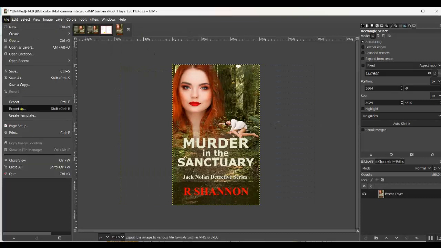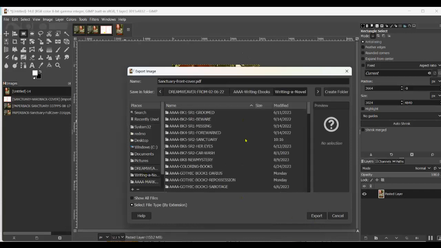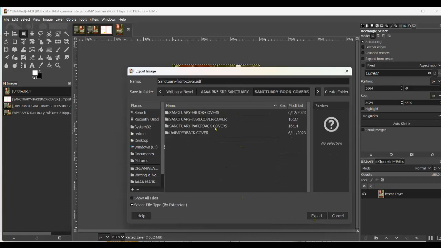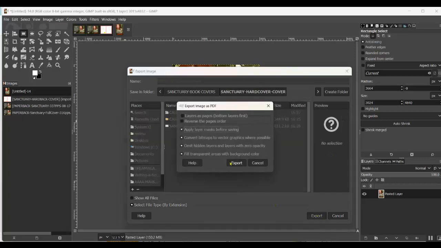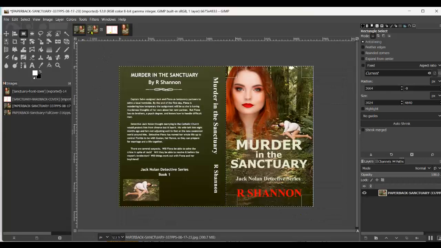So I'm going to export as front cover, Sanctuary front cover. Export. Let me make sure I'm in the right place here. Sanctuary book covers, hardcover book. Okay, so that's the export. That's the front. Now we're going to go to the JPG and I'm going to click Select None to take